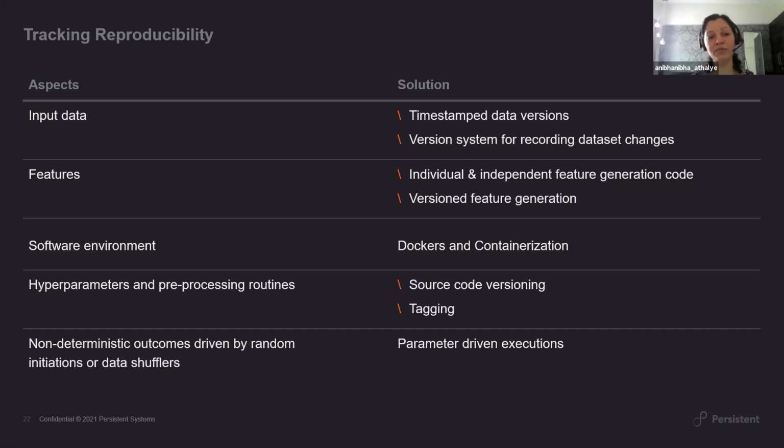For the input data here, in this case we used a very simplistic workflow of creating a copy of the input data, creating a copy of the processed data, and then taking it forward. But it can be a very complicated setup where you have a version system for recording datasets, and any changes to datasets then trigger a new automated model training as well.